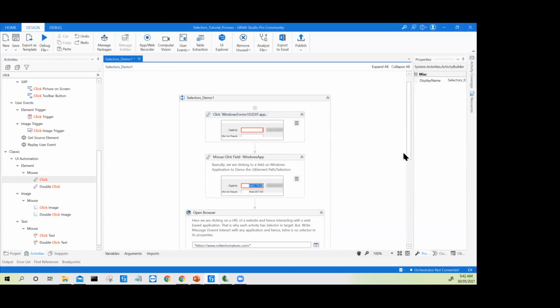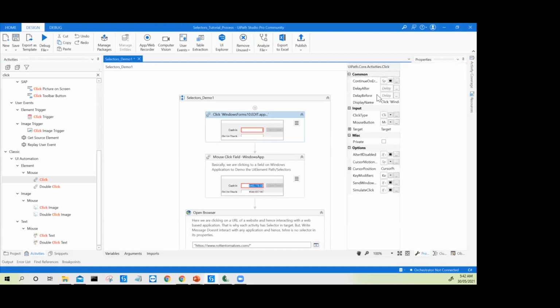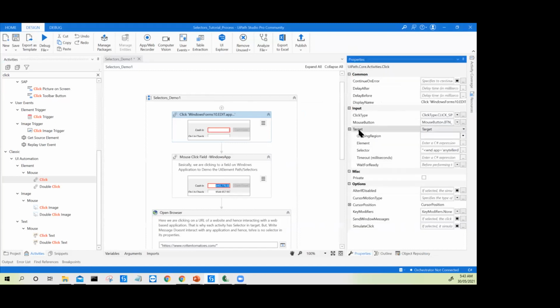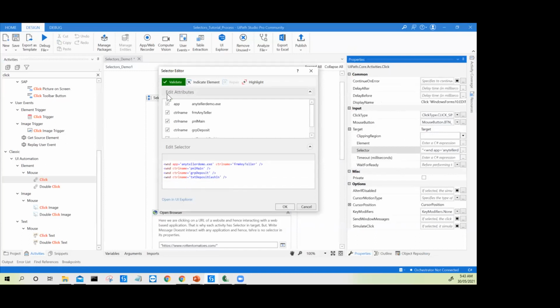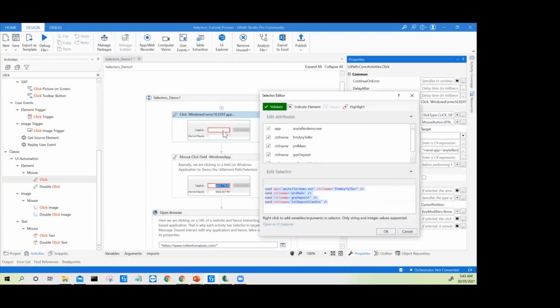And the other one is in the properties panel. So this is your properties panel. You will go and click into click target, and then there is this feature here, selector, and then you can click on these three little dots here, and then you can open the selector. So this is a small version of selector, wherein you have the feature of editing the attributes and editing the selector. So this is the main selector, which would actually help you identify the element of your interest, which in our case is this cache in field here. And then this is the major version, like if you open this UI Explorer,